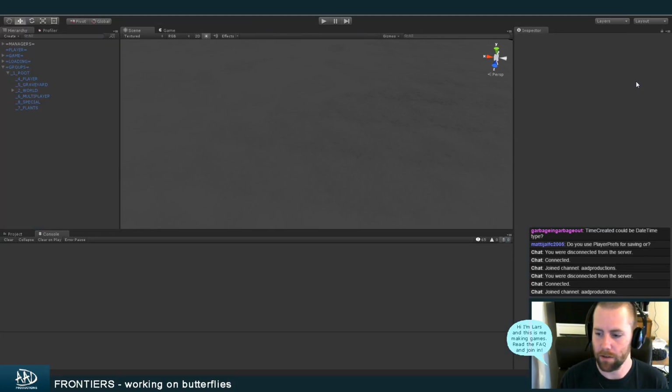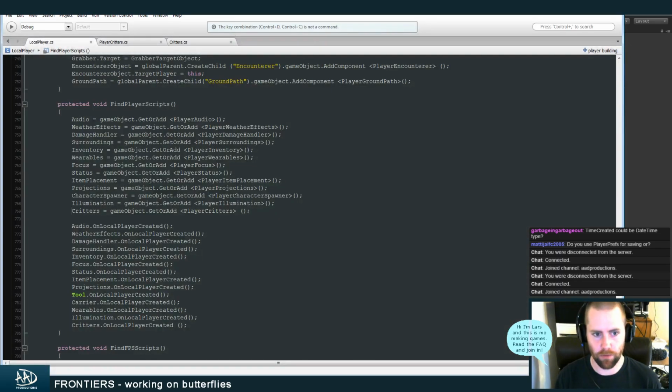I think I'm going to call it a day. 6 o'clock, that's pretty good. We got critters correctly searching for items, moving towards them. We got them looking for stuff in the player's possession. We got them moving towards moving items in the player's possession. And we've got a general framework set up for